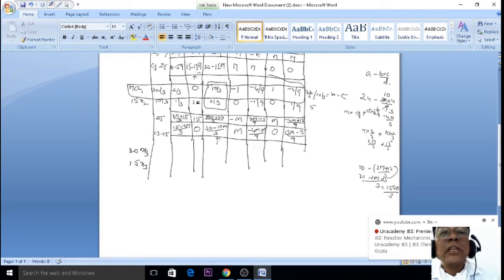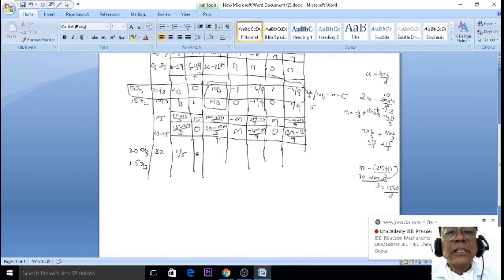What is the meaning of the key row? You have to change the elements in the key row first. It means take the key element value and divide it into the elements present in the key row. 32 divided by 3 divided by 10 by 3, understand? So that is equal to 32. Next, 2 by 3 divided by 10 by 3, that is 2 by 10, which is nothing but 1 by 5.